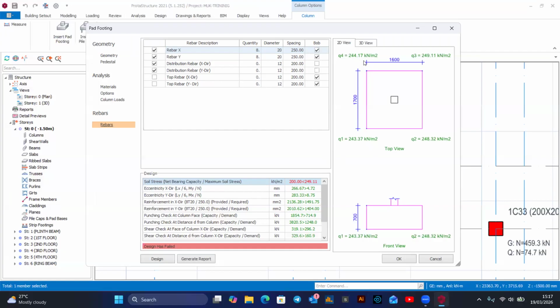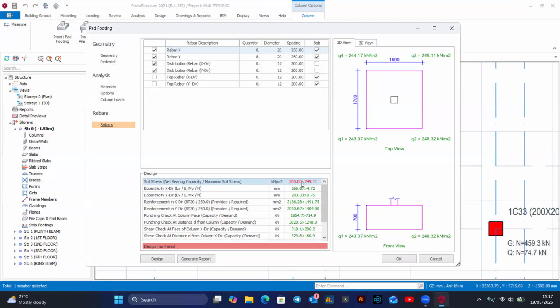When you check the vertices of the footing, the average pressures range from 240 onwards. Yet our SBC, soil bearing capacity, is 200. So once this shows that it has been exceeded,